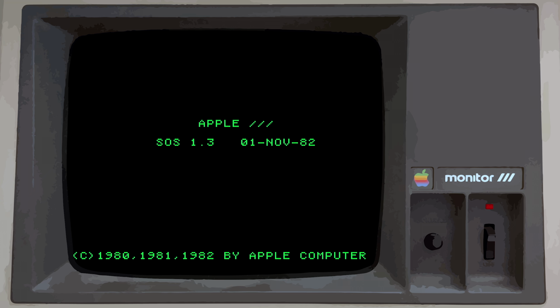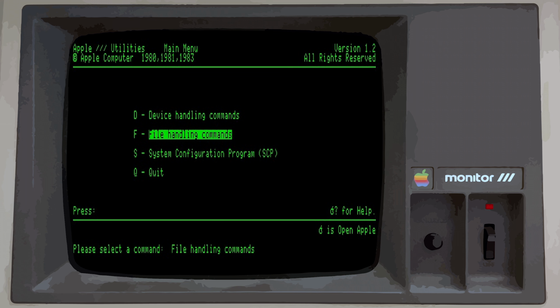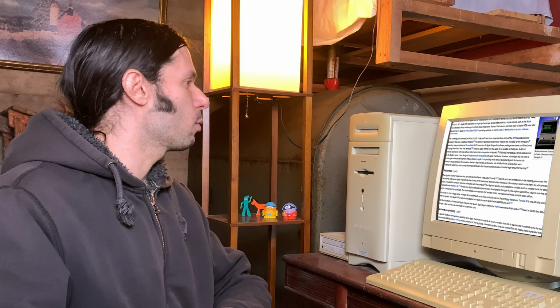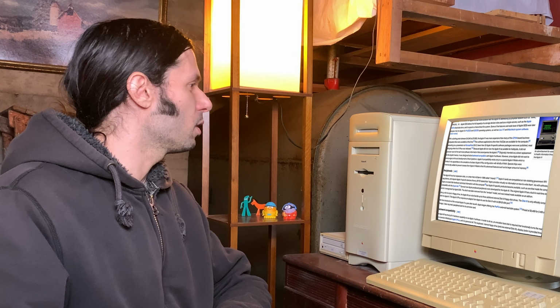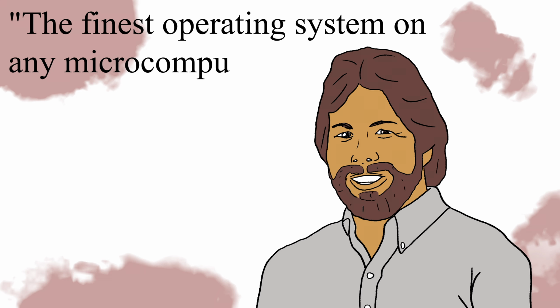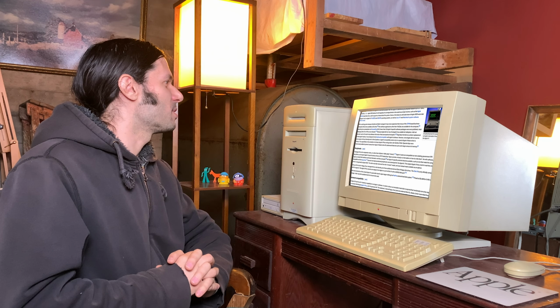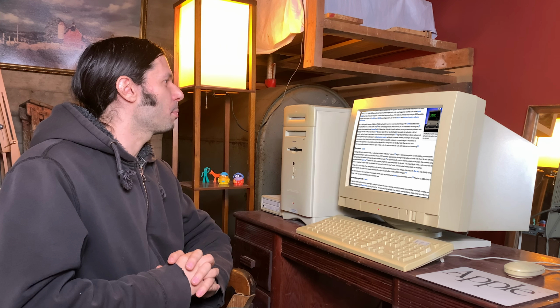So applesauce stands for the Sophisticated Operating System. It's the primary operating system for the Apple III computer. SOS was developed by Apple Computer and released in October 1980. In 1985, Steve Wozniak, while critical of the Apple III's hardware flaws, called SOS the finest operating system on any microcomputer ever. Its ability to address resources by name allows the Apple III to be more scalable than the Apple II, and it supports a hierarchical